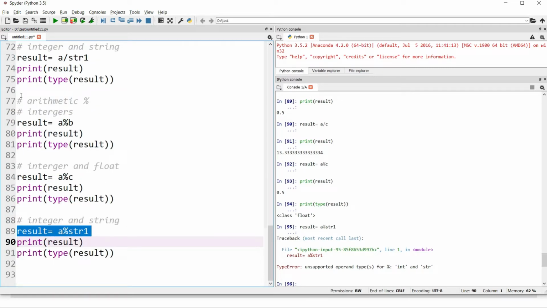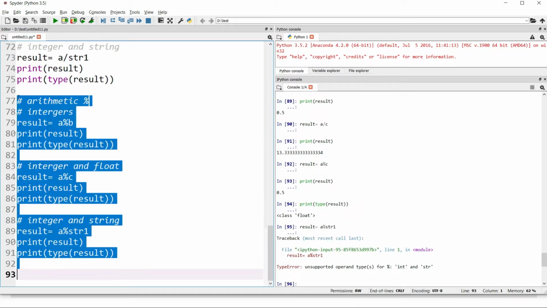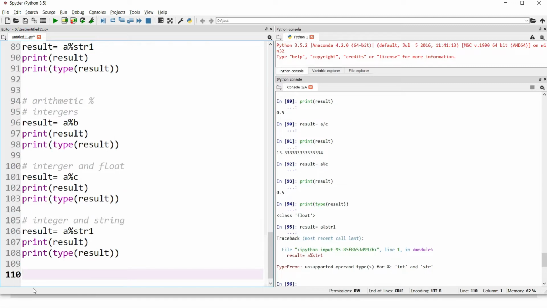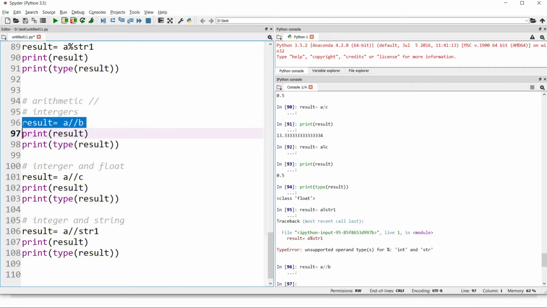Fine, moving forward. The next operator which we spoke about was floor division, which is a new operator for you guys. Floor division gives you the integer part of your division. If you remember, I said that in my slide. So I'm applying floor division between two integers, that is 20 and 10.